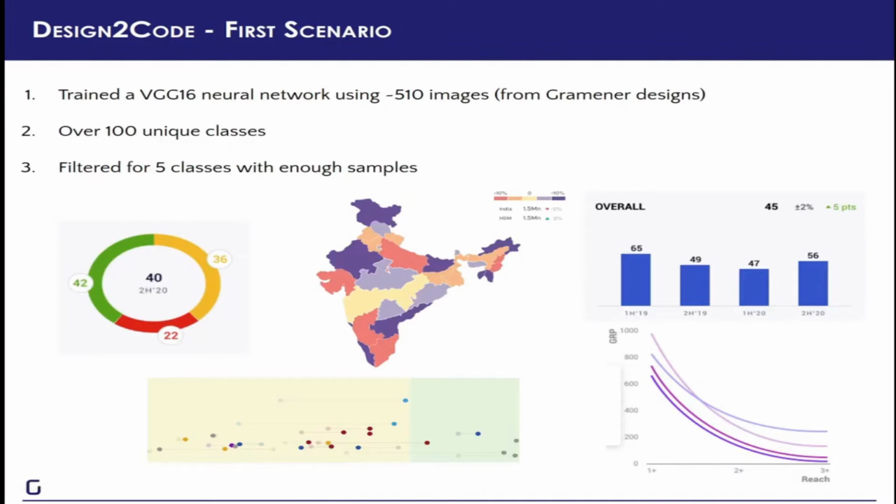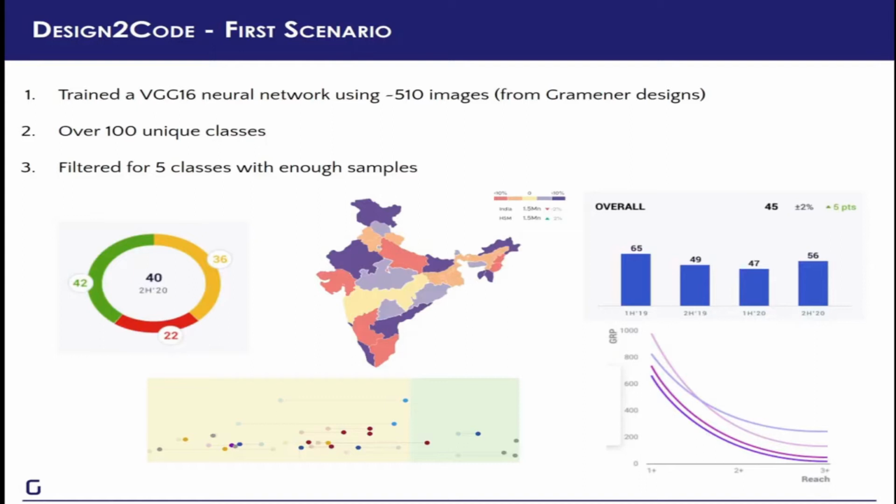Now, here's the problem we have in design to code. We began by building a VGG16 neural network trained on ImageNet, which was fine-tuned later to identify 5 types of charts. Initially, we just googled a lot of chart images belonging to these 5 categories and used them to perform transfer learning on the VGG model trained on ImageNet. We asked our friends and colleagues then to evaluate the results of this model, and during the evaluation phase, we generated a lot of granular label data and finally used that to make corrections to the model.